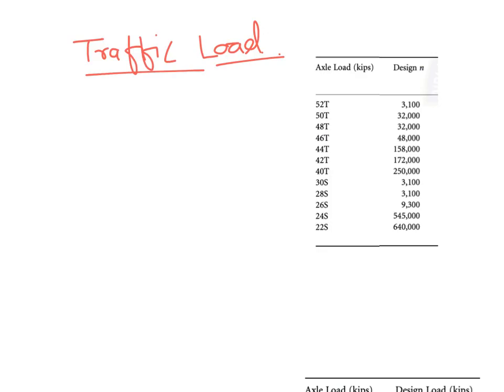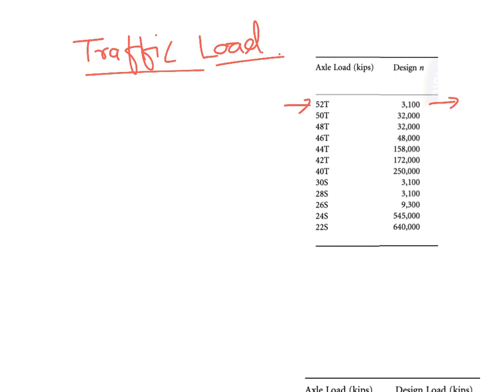So this is the table which gives different classes of vehicles or different classes of loads and their repetitions. Like this first entry, 52T, that is a 52 kips tandem axle load, and its repetition is 3100 on the pavement in the design life. So if this is the table here, in order to calculate the design load,